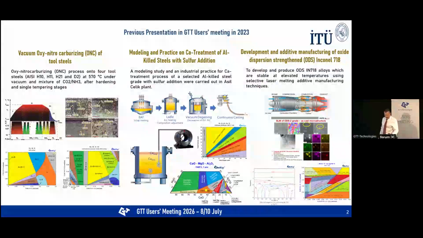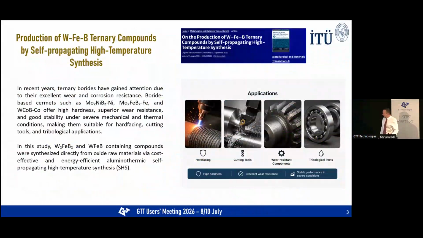Again, in order to avoid boring you too much, I will keep it brief and focus on the parts related to FactSage calculations. There will be many slides, so I'll be fast. Please fasten your seatbelts. The first presentation is about the production of tungsten iron boride ternary compounds by a self-propagating